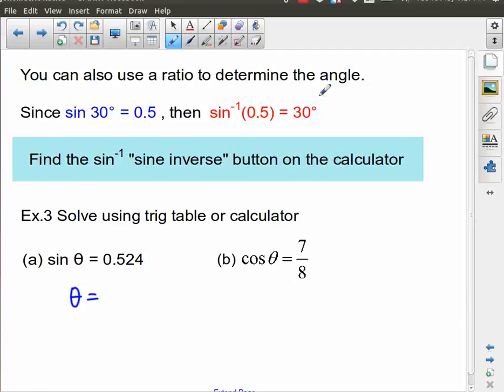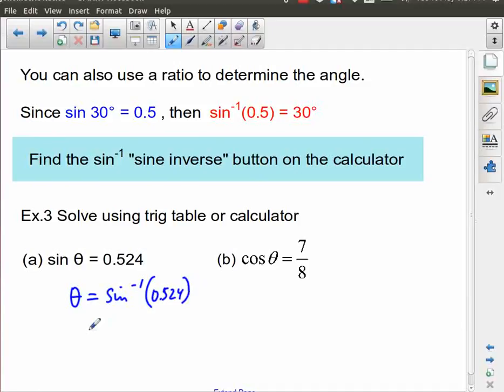And so you can see I've given you a little bit of help up here. If you go to your calculator and you punch in sine of 30, you'll end up with 0.5. If you take that answer, somewhere on your calculator you should also have a sine with a little -1 exponent. That's known as the inverse sine, or sine inverse. And if you take the sine inverse of 0.5, it brings you right back to 30, which is what we started with. So what we're going to do now is take the sine inverse of